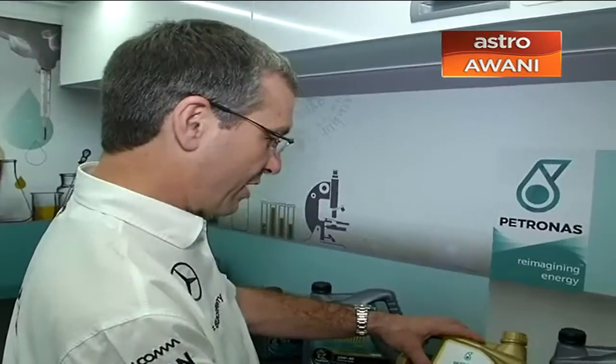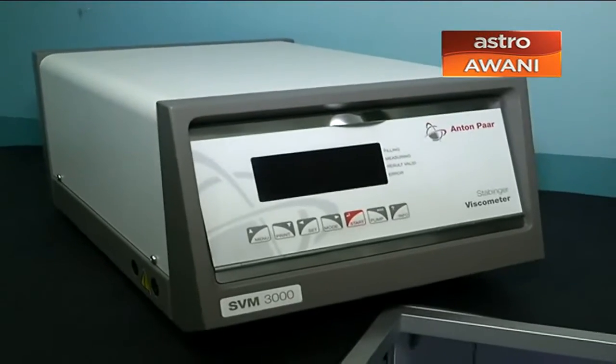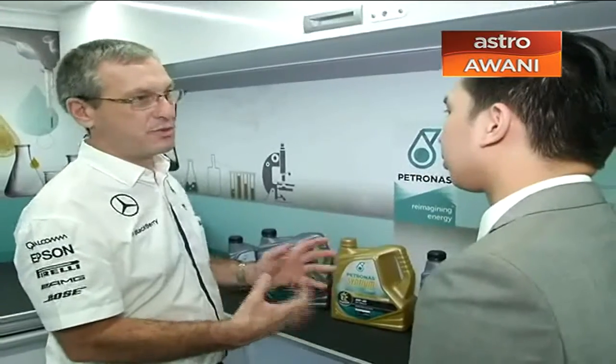It picks up microscopic particles of wear metals, which are typically less than 10 microns thick, and they dissolve into the oil. With the instruments that we have in the lab here, we can detect those particles, we can measure the quantity of those particles, and we plot trends, so we know what's acceptable and what's not acceptable. And what we're able to do is advise the engineers how well the engine is standing up,